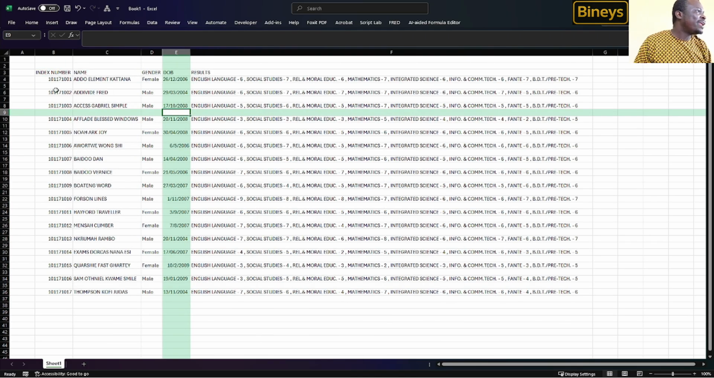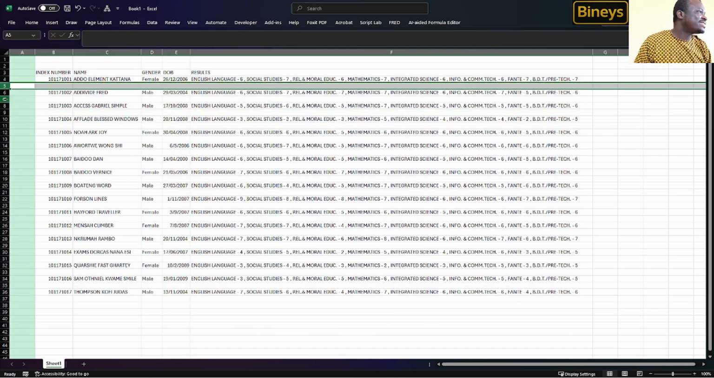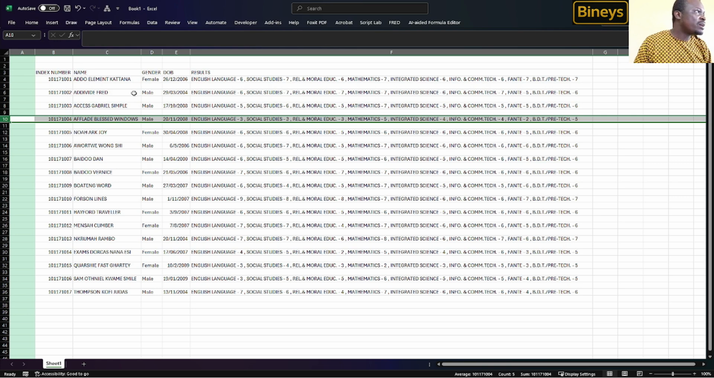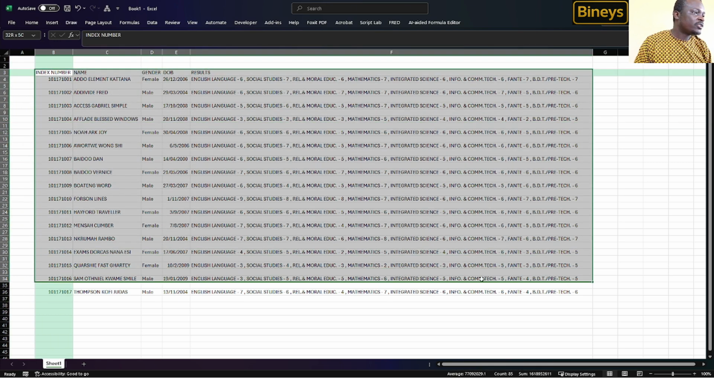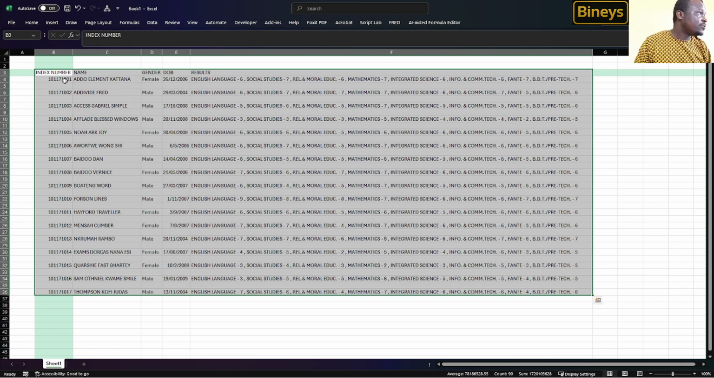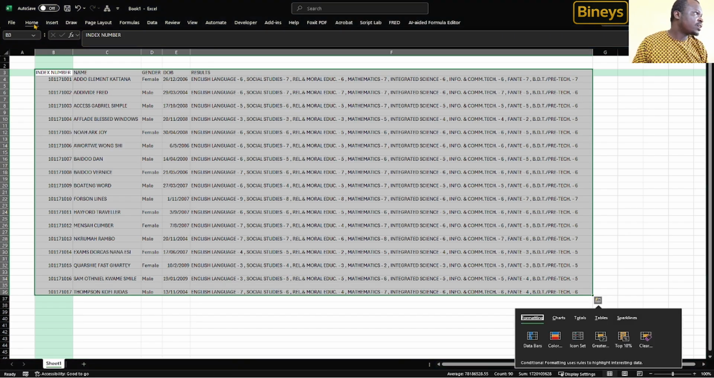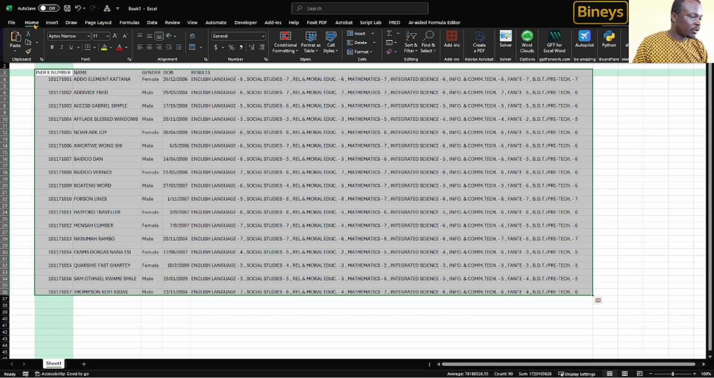Some people too complain that there are spaces in there. One easy way to fix this is to highlight the entire data set. You just highlight it from the heading to the last person's result. And then you can do Control T, or you can go to the Home tab of your spreadsheet application, Microsoft Excel in this case. You look